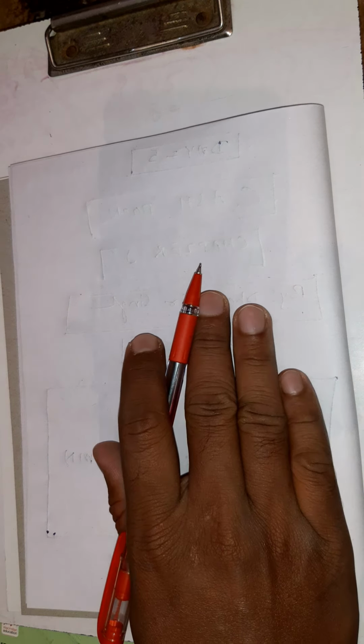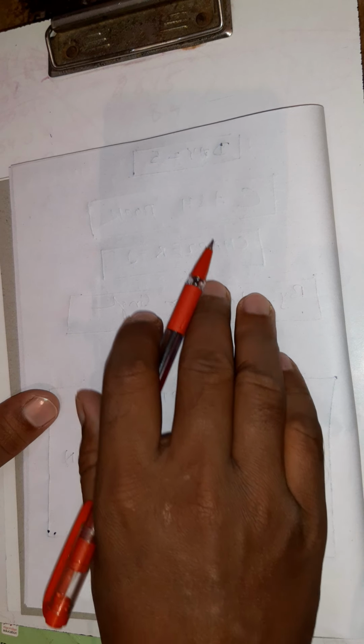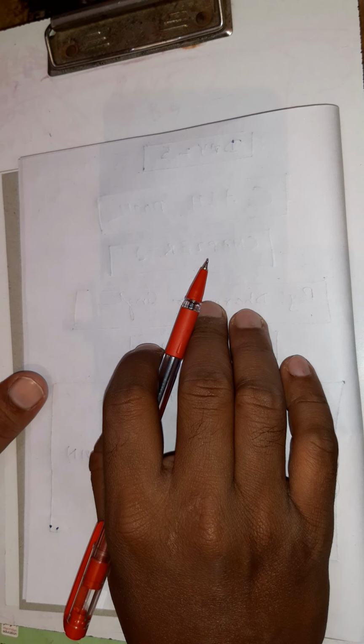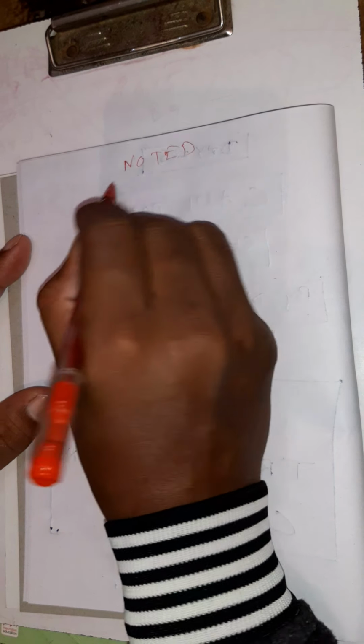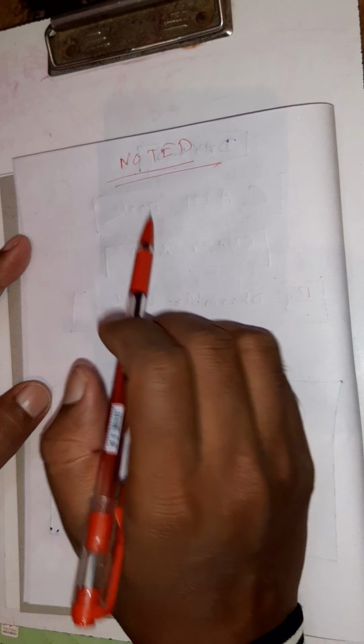What is triple column cash book? Triple means discount and bank, both will be included. That is called triple column. While maintaining the triple column, the following points should be noted.